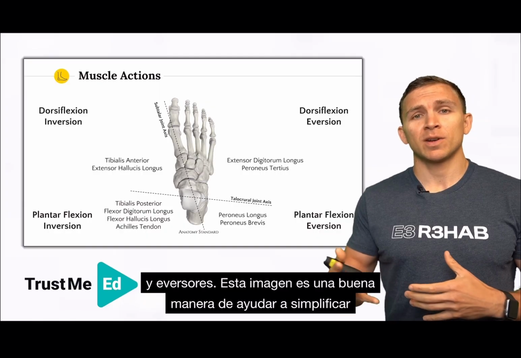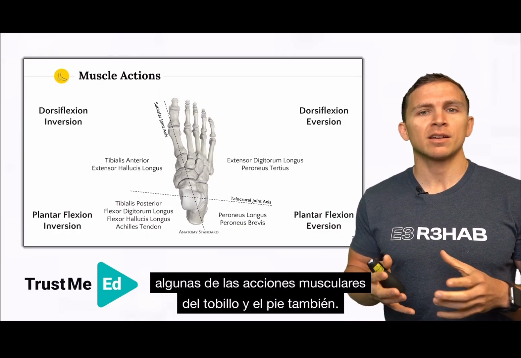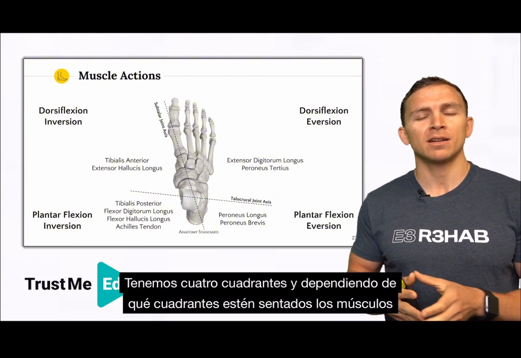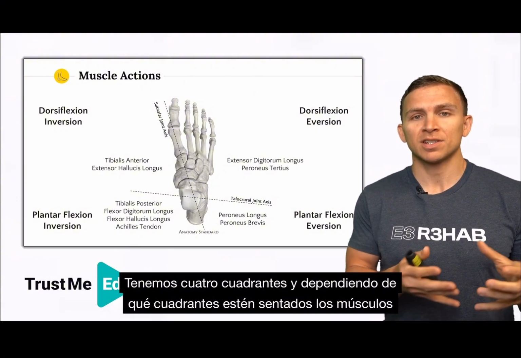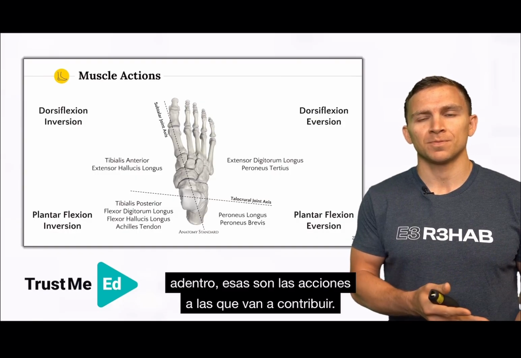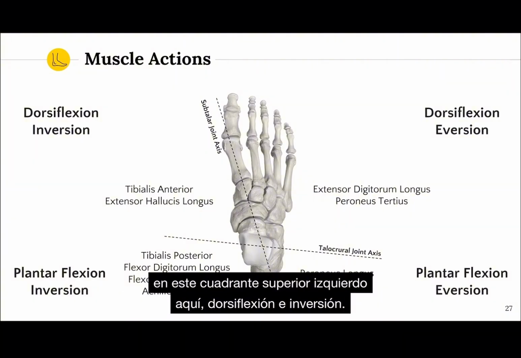This image is a nice way to help simplify some of the muscle actions of the ankle and foot as well. We have 4 quadrants, and depending on what quadrants the muscles are sitting in, those are the actions that they're going to be contributing to. So for example, the tibialis anterior and the extensor hallucis longus are sitting in this upper left quadrant here, dorsiflexion